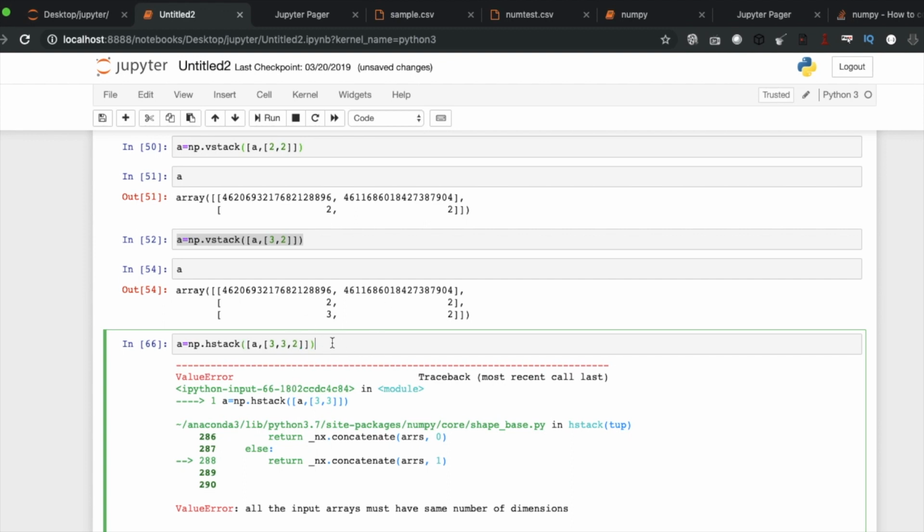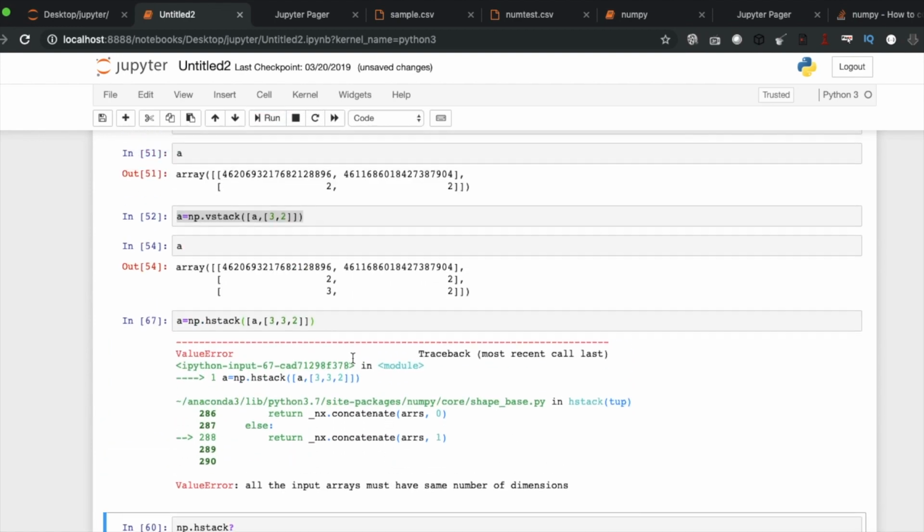Not sure what the problem is over here. Still thinking. Stack is like 3 2.